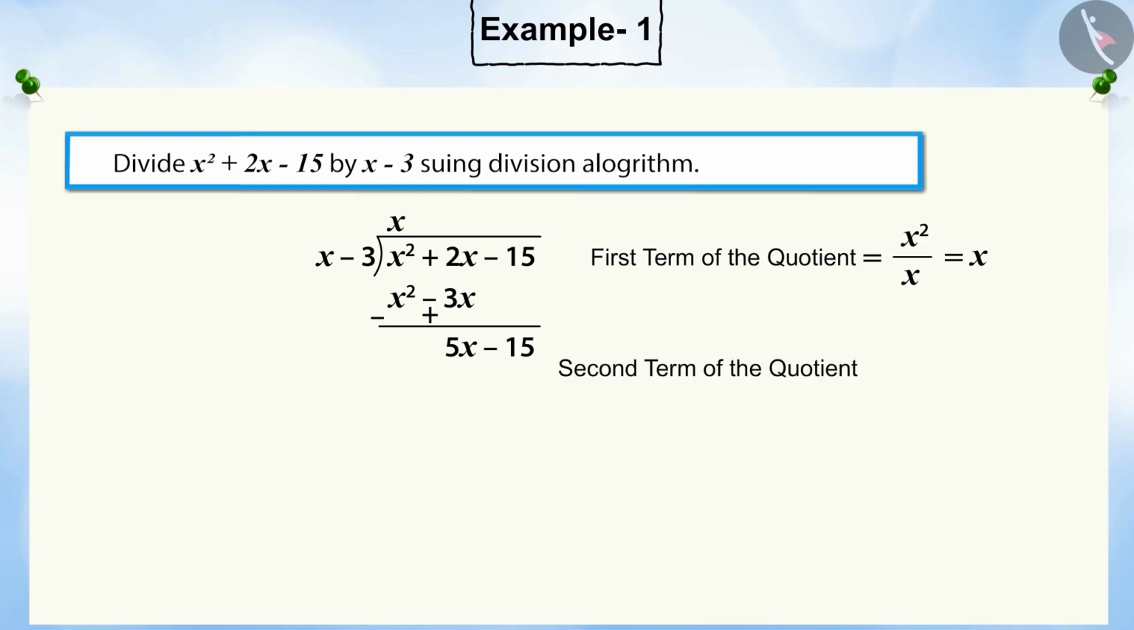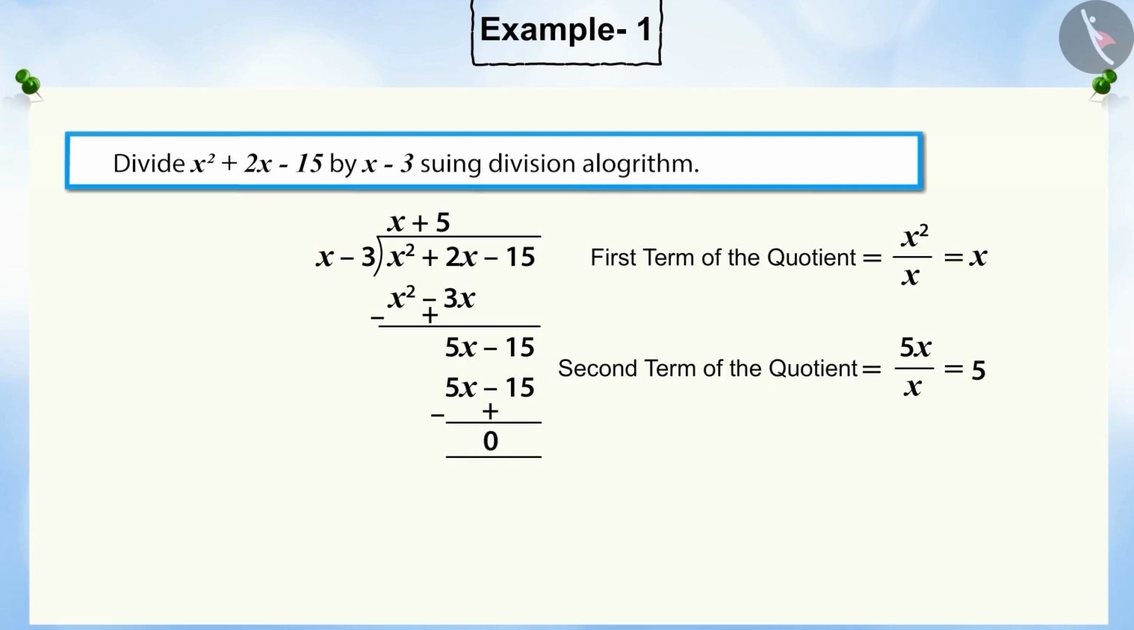To get the second term of the quotient, divide the highest power term in the new dividend, that is, 5x, by the highest power term of the divisor, x. By doing this, we get the second term of the quotient, 5. Multiplying the divisor by this quotient and subtracting it by writing it below the new dividend will give the remainder